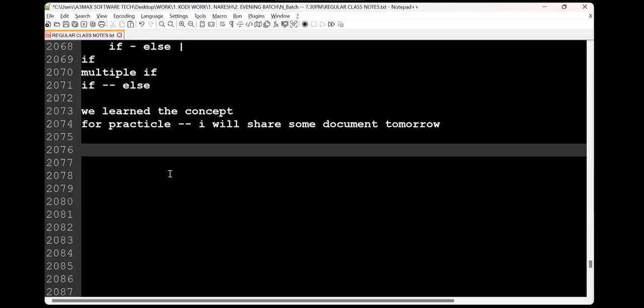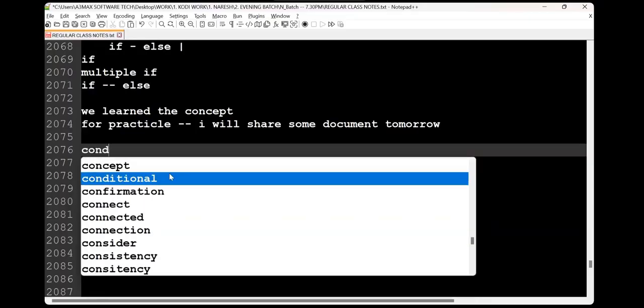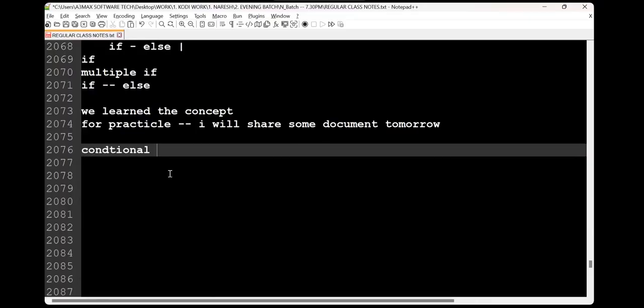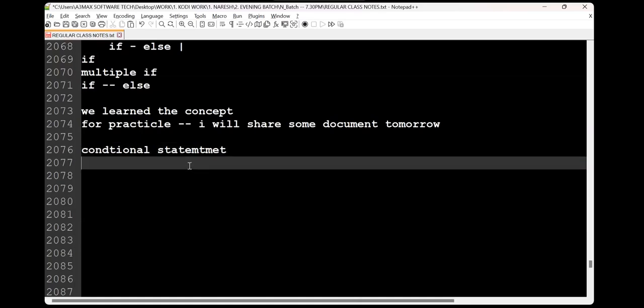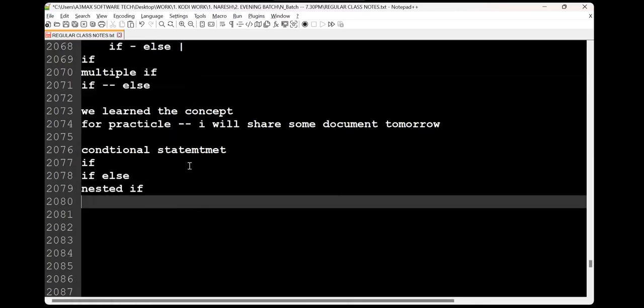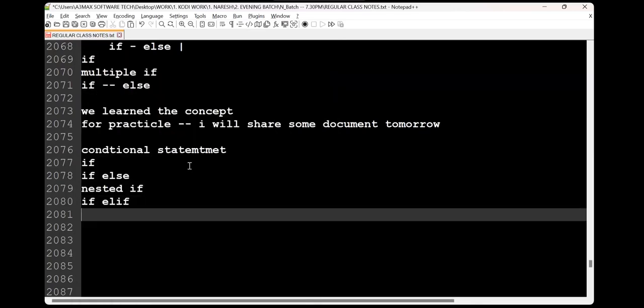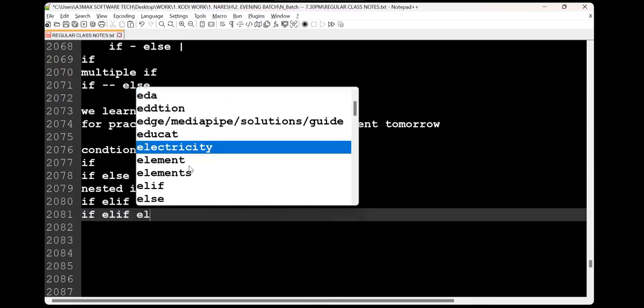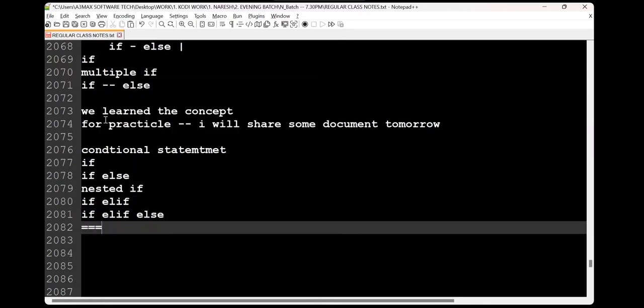Conditional statements all come in the logic unit, or not? We have 3 units: memory unit, assignment unit, and logic unit. So we learned if, then if else, and then nested if, elif, else. Done.